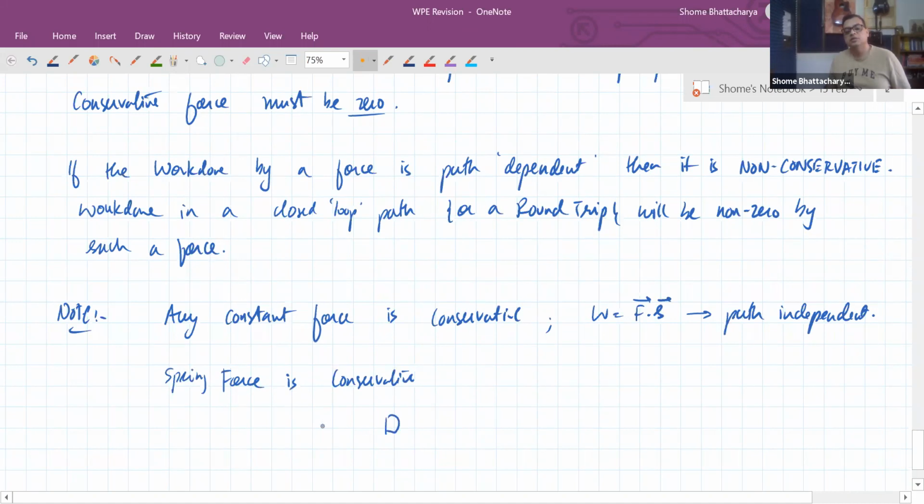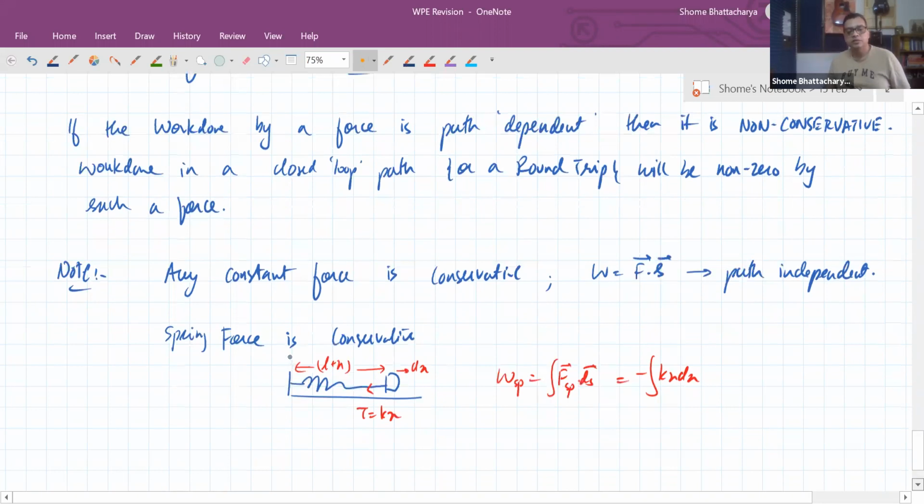because as you can see, whether we are extending a spring or compressing a spring, the work done by it, suppose a spring is being extended like this, then the work done by the spring force is like this. So that becomes integration minus kx dx. Or even if we are compressing the spring